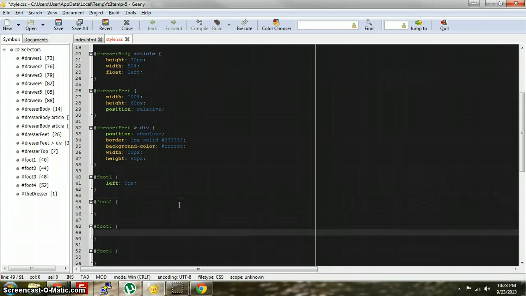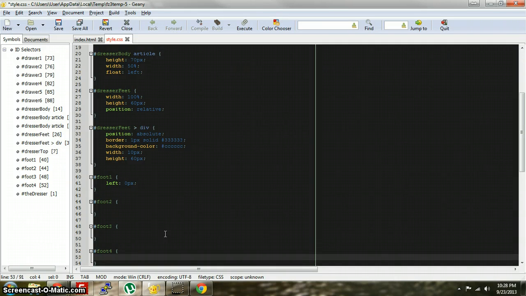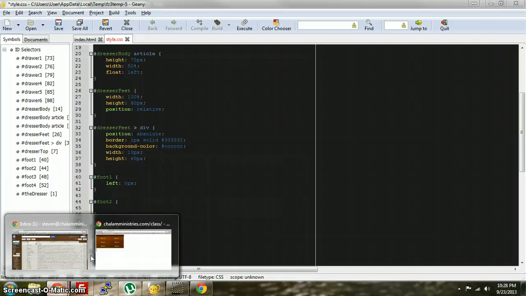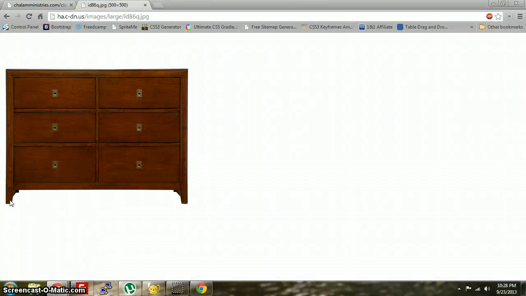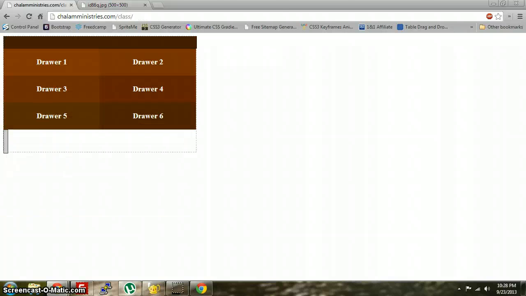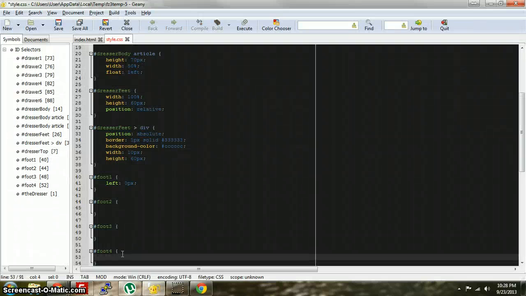Now, of course, the foot on the left, the first one, is going to be left 0. I'm going to do them just like this: foot 1, foot 2, foot 3, foot 4. Okay? So back to my drawing. That means for foot 4, I'm actually going to do right 0 pixels. It's going to position it all the way to the right,